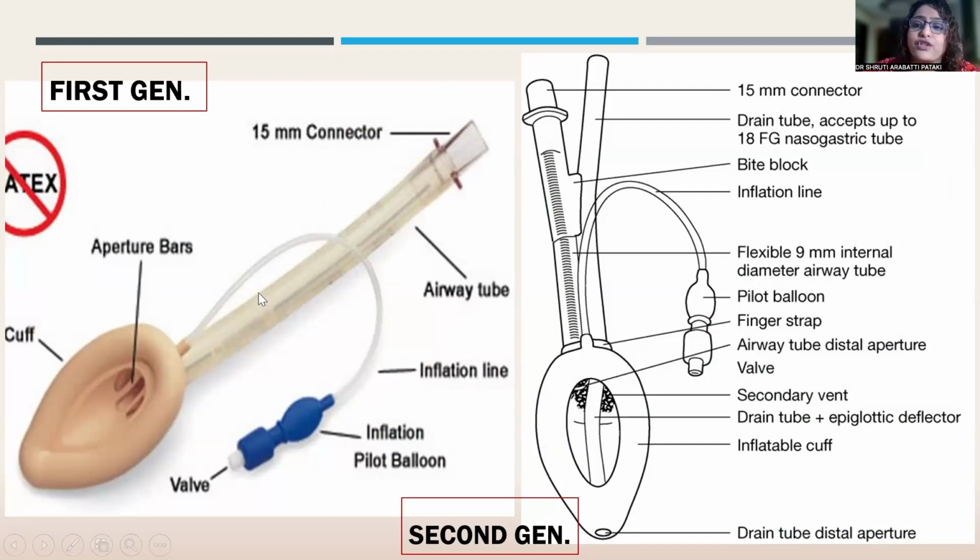So the initial first generation design was almost like a 2D thing with a face mask, which was going to sit on the laryngeal inlet with an airway tube. So this was like a conduit between your face mask and your endotracheal tube. Dr. Archie Brain in 1981 came up with this concept of the laryngeal mask airway, where he said, can we have something like a conduit between an endotracheal tube and a face mask? Because BVA ventilation is difficult, intubation is difficult. So what do I do? I put a mask on the larynx and then we can ventilate the larynx directly.